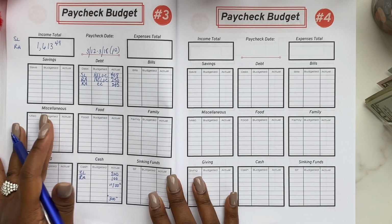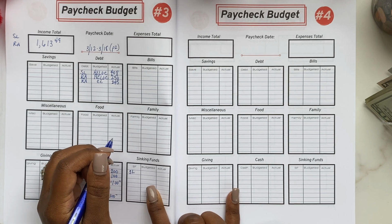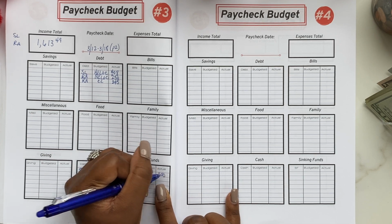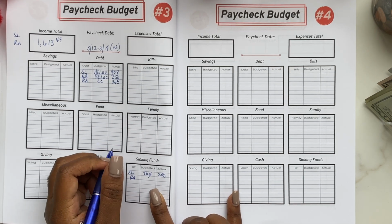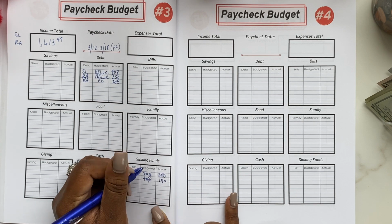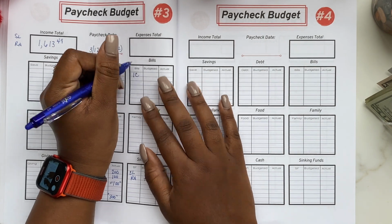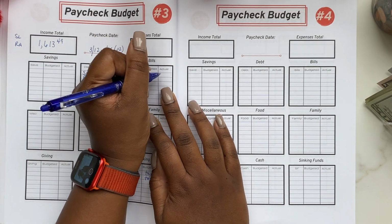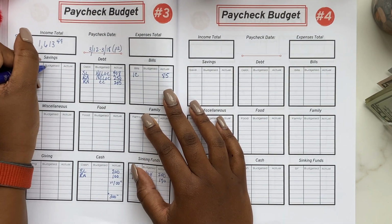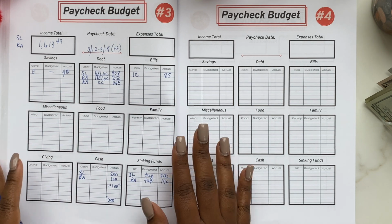Then let's talk about sinking funds. So for sinking funds, for my Sisterlock's tax, we are going to put $200 to the side electronically for that. And then for my business, we're going to put $170 to the side for taxes. So a total of $370 to taxes. Then I have a contractor who helps me with my business, and I put $85 to the side for them. And then I had some extra left over. I gave it to Eva's savings account, $4.81. So if you add all of that up, you get